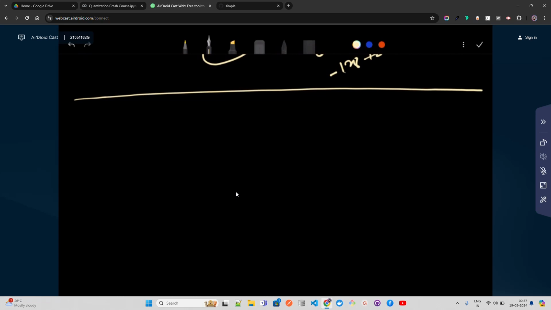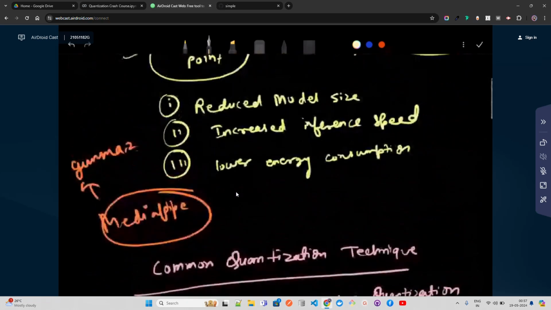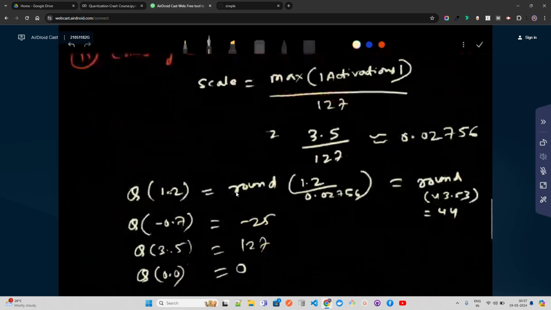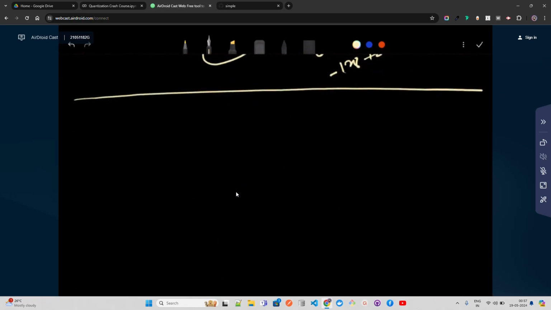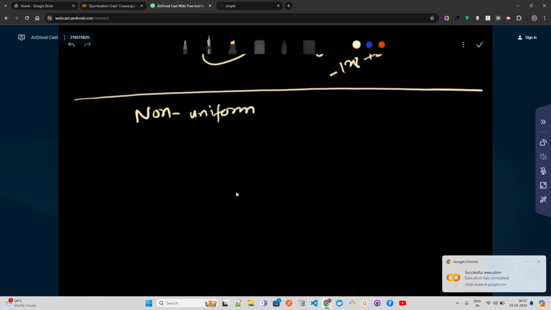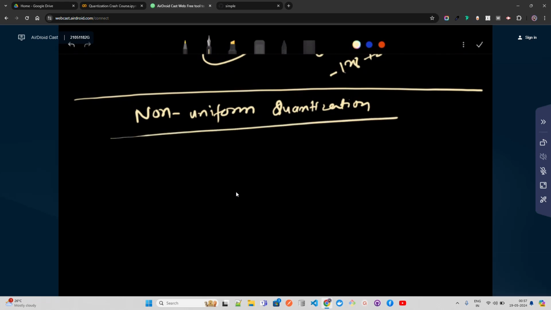They are really diverse and can range from basic methods like uniform quantization. So whatever we have discussed so far, these are all uniform quantizations. And now we are going into non-uniform quantizations. Let me write non-uniform quantizations. In non-uniform quantization, it does not distribute the quantization levels uniformly across the range of data values. So we talked about the range.